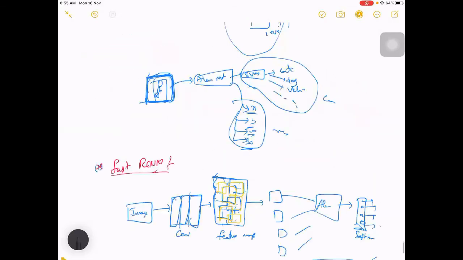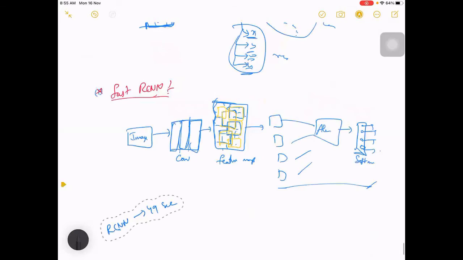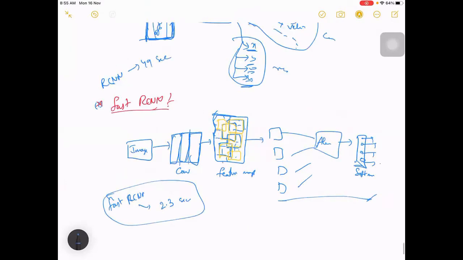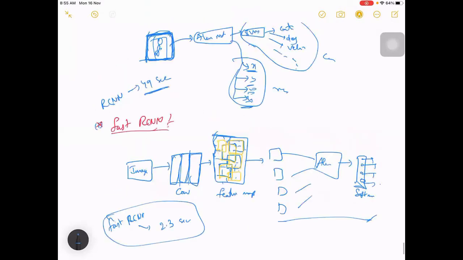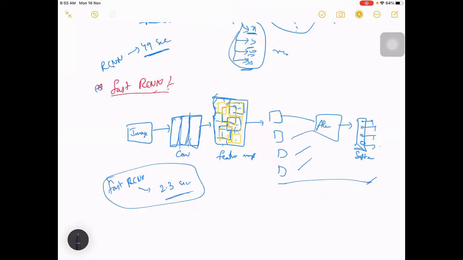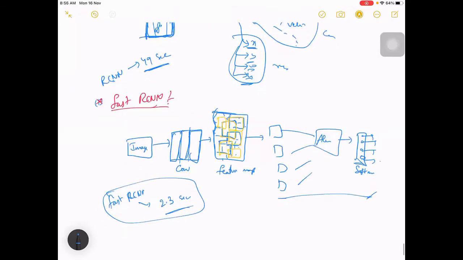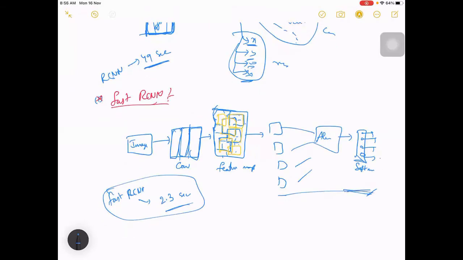That is one main reason why people want to improve that speed, right? Then they used this Fast RCNN, and they found out the same image takes 2.3 seconds, right? Very cool. From 49 seconds you reduced it to 2.3 seconds, which is quite an enormous change. That is very encouraging, right? Such kinds of changes are needed. So this is quite good.